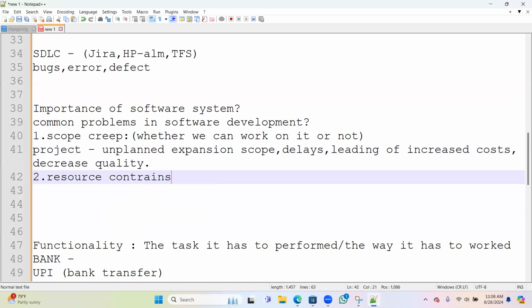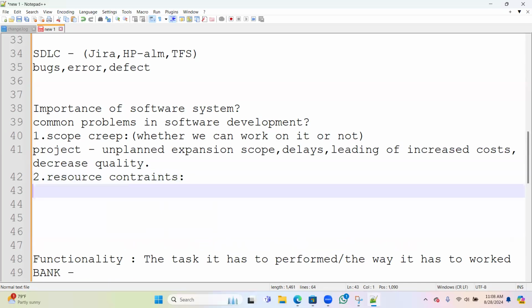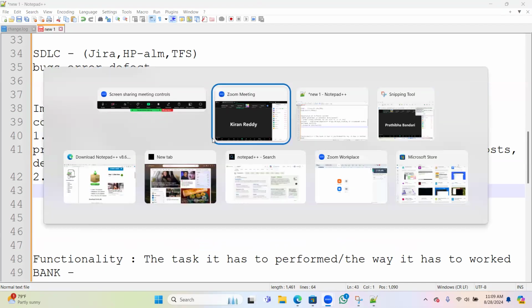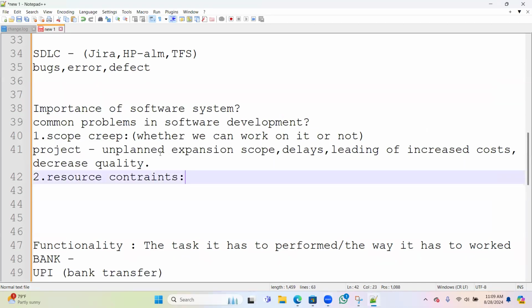Let's take, you're able to follow, right? Or does anyone have any doubts or questions? Yes. Okay, fine. So constraint means availability of resources.